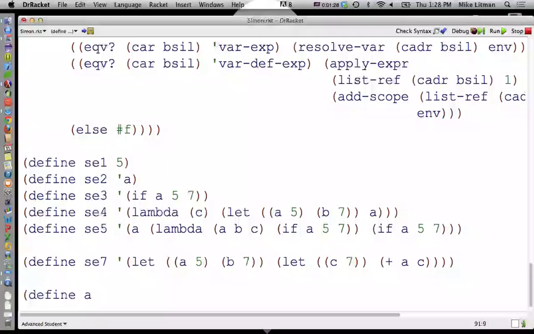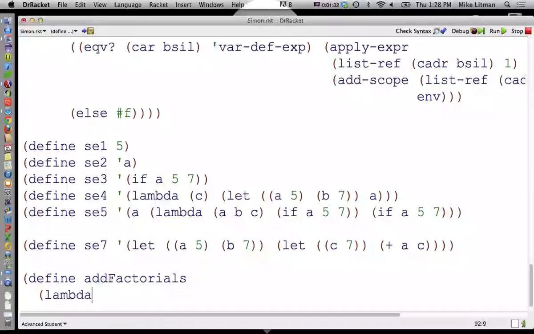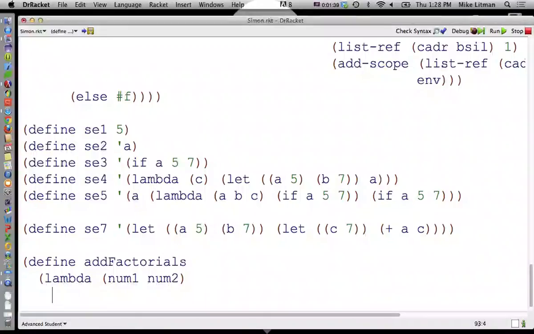What do I call this? Add factorials, to be a lambda that takes in num1, num2, 2 parameters. Okay, and then we're going to create a letrec. And inside the letrec, we're going to define fact